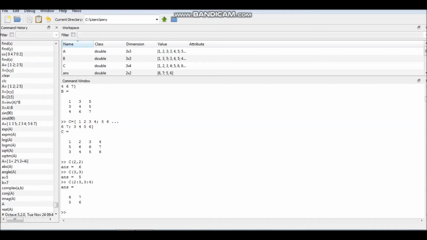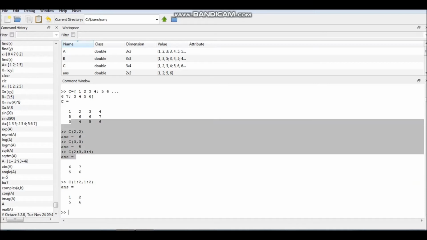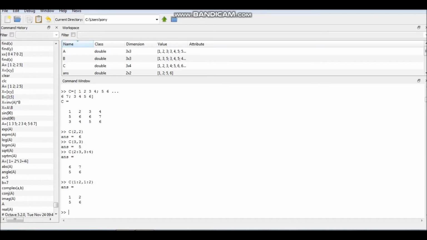Similarly, if I want to extract this part of the matrix 1 2 5 6, then I will write C, first row and second row, so 1:2, and first column and second column, means 1:2. So now you will get the answer 1 2 5 6. This is the 2 cross 2 submatrix of matrix C. You can also extract this submatrix, second and third row.